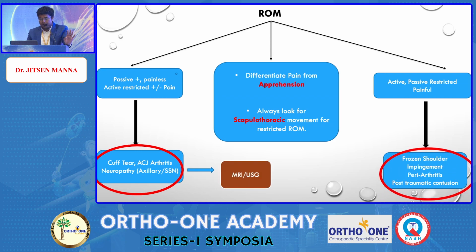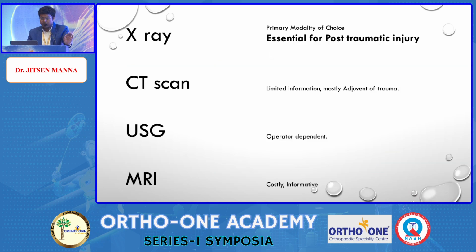And if the patient has restricted both active and passive shoulder movement, then there is a high chance of frozen shoulder. The diagnosis is mostly over the clinical part, or it's over the X-rays. So the modalities of investigation are the X-ray, CT and USG, and MRI. X-ray is basically used for post-traumatic injuries, and MRI, although very costly, mostly provides us most of